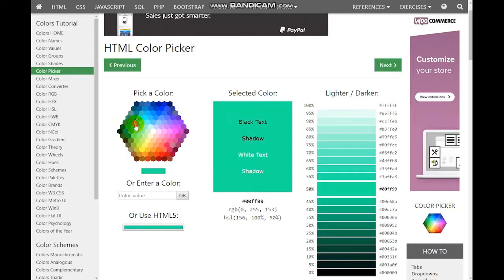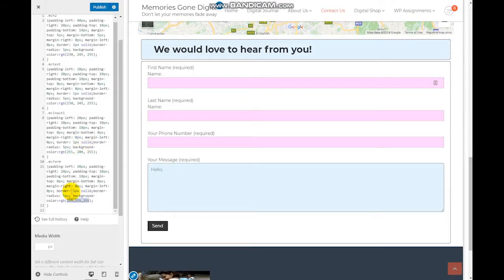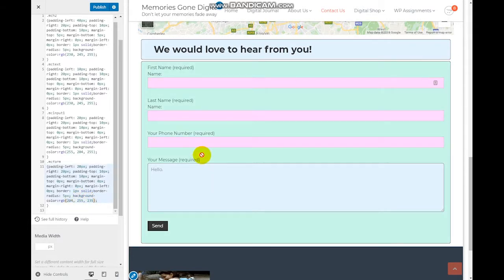Keep that pastel theme going. So I'll click on this one, and I've got my RGB colors here. Go to my customizer, and oops, make sure you're not deleting the brackets. And now my entire form has its own style,